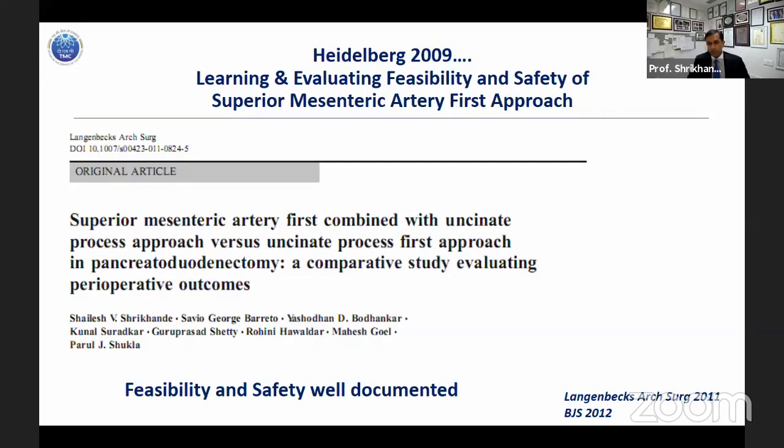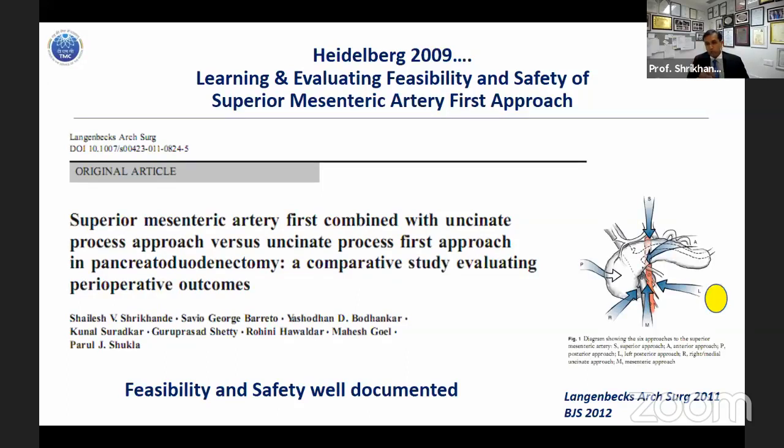So peacetime means operating on simple, straightforward, non-vascular pancreatic resections. But even while doing those straightforward resections, you need to be aware as to how you can access the superior mesenteric artery. I was already doing 7-8 years of pancreatic surgery when I undertook a week's visit for my own learning 11 years ago back to Heidelberg, just to understand the superior mesenteric artery better. Mind you, this was on a background of already more than 100 independently done Whipple resections. But even then, I took this time out and I think it has helped me a lot, as I will